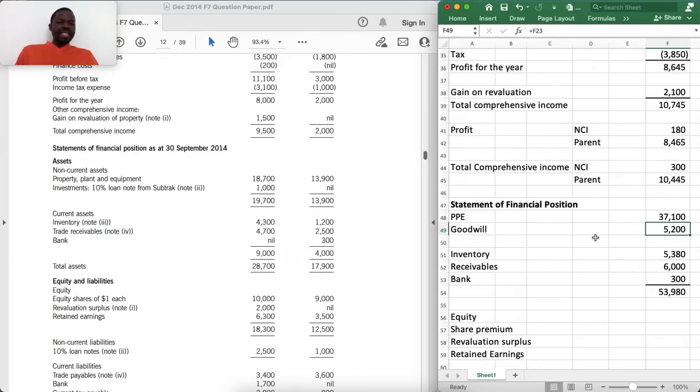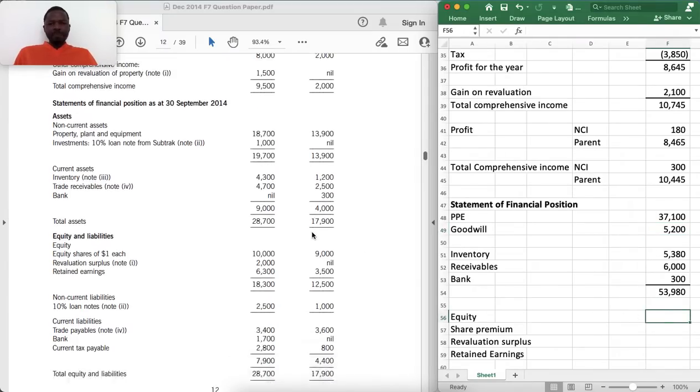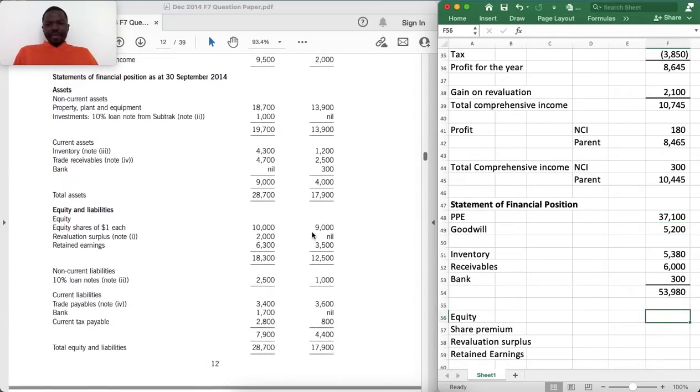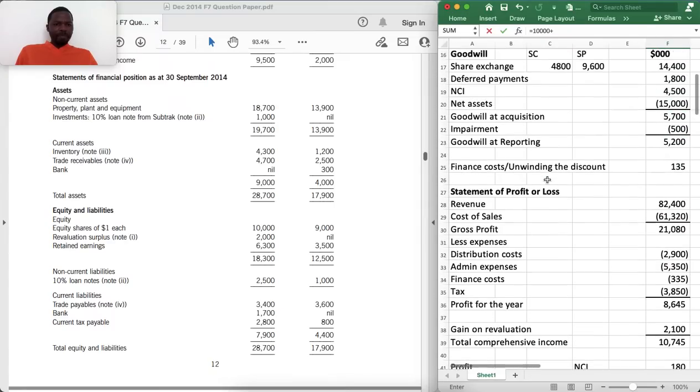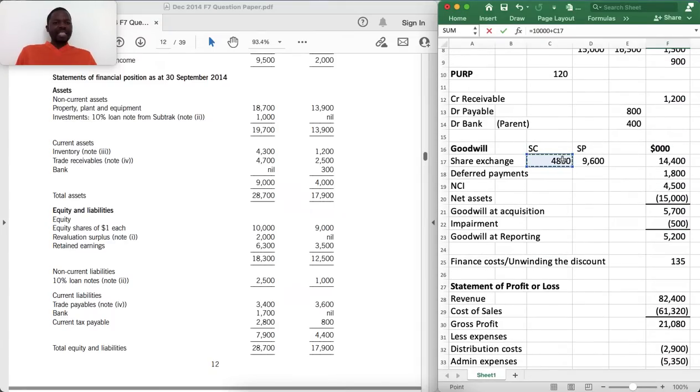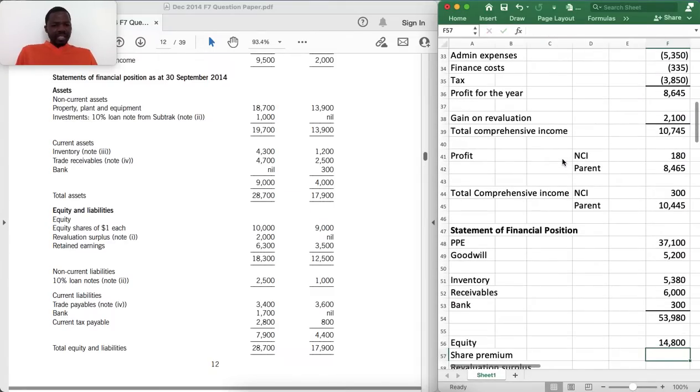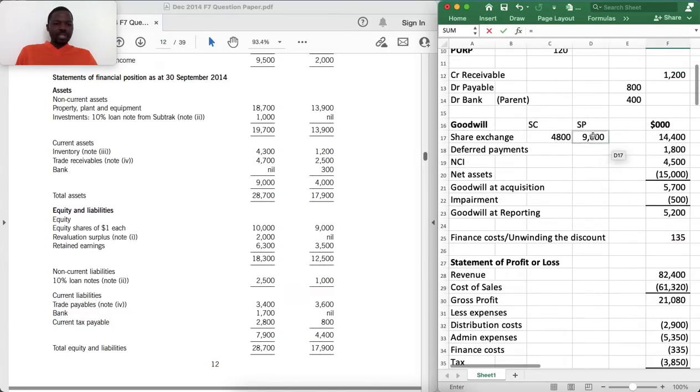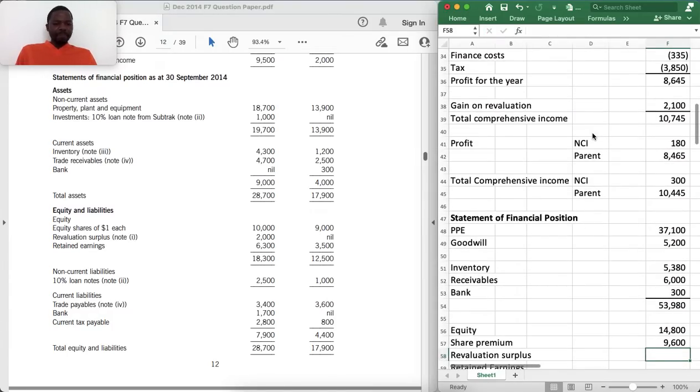We get the total assets like that. Then now, let's go to equity. We have the equity for the parent, that is 10,000 plus this share capital here. Then the share premium, there was no share premium, so it was introduced as 9.6 there. Then the revaluation surplus now. The parent has got